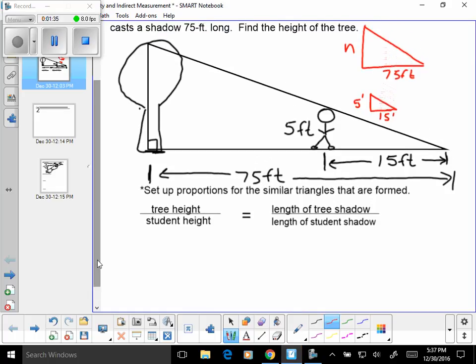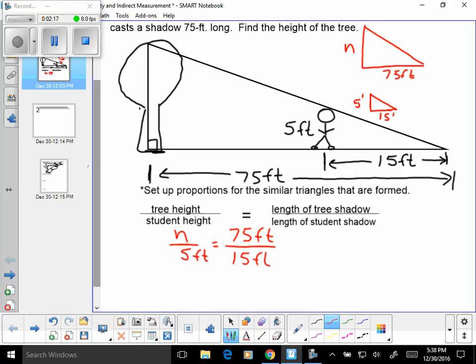formed. Now, just like we did back when we worked with similarity in punchline 144 and 145, we have to be very careful not to set up the ratio within the same triangle. What we're going to do here is we have to set up the correspondence between the similar triangles, corresponding sides. The tree height, which we do not know, corresponds to the student height, which we do know. The length of the tree shadow, which is 75 feet, is going to correspond with the student's shadow, which is